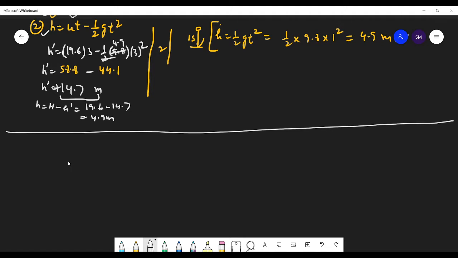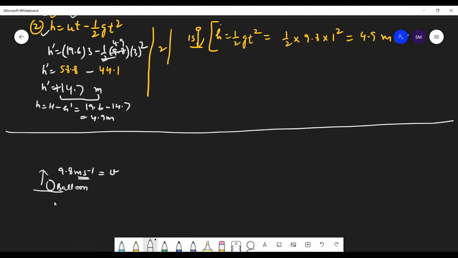So next question. A balloon. So this is a balloon is ascending with the rate of 9.8 meter per second. So see the question. It is ascending at the rate of 9.8 meter per second. Sometimes it is not given whether it is velocity or what it is. So just by looking at the units, you can tell that yes, this is the units of velocity. So it is moving at the rate of 9.8 meter per second at a height of 39.2 meter above the ground.